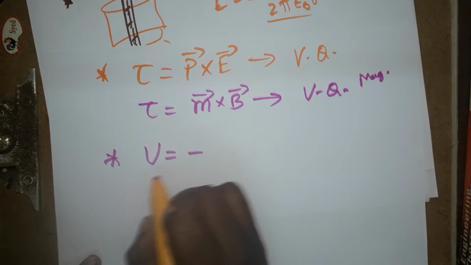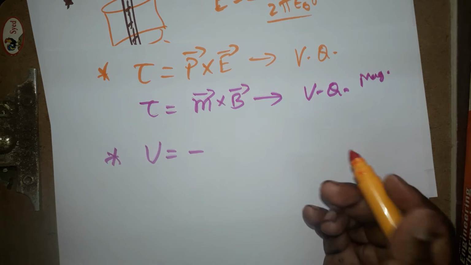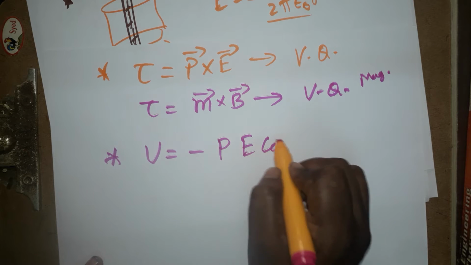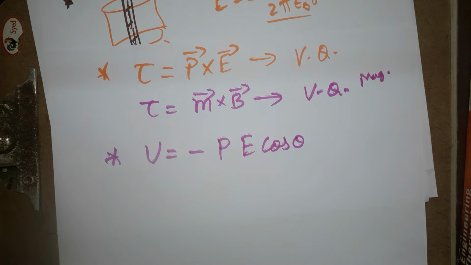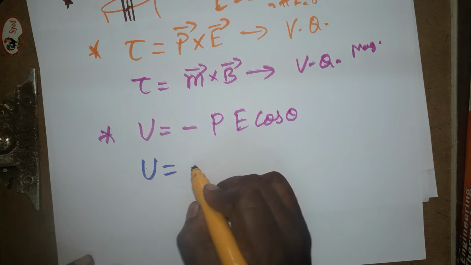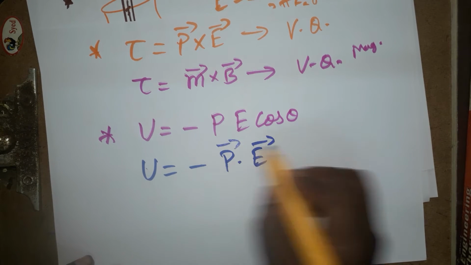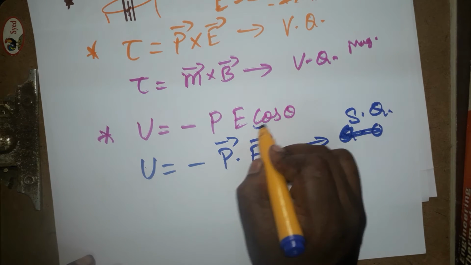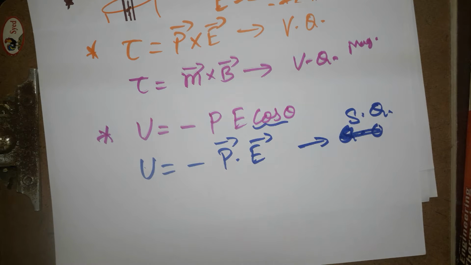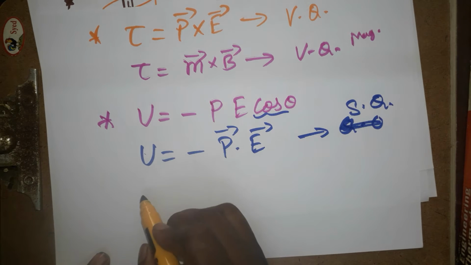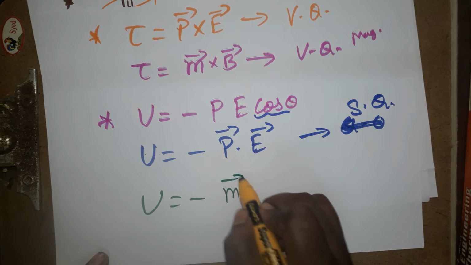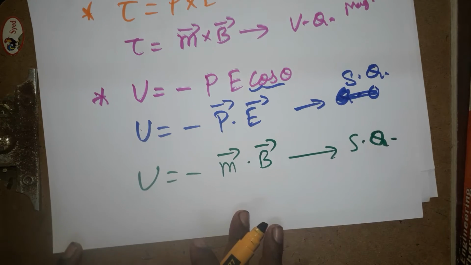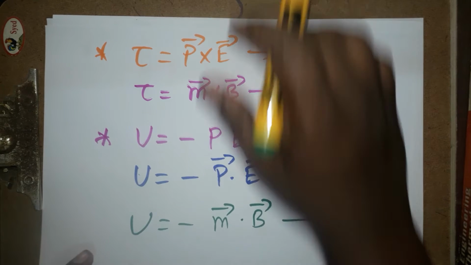It's going to be the total energy stored when the dipole is placed in an electric field. So it's going to be pE cos theta. Otherwise we can write it as a scalar quantity, minus p dot E, which is a scalar quantity because of cos theta. Whenever you get cos theta, you can write that as a scalar quantity. The same formula in a magnetic field means U is equal to minus m vector dot B vector. This is also a scalar quantity. Now I am going to do the next formula.